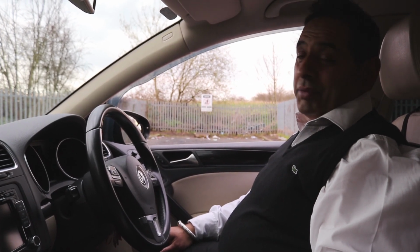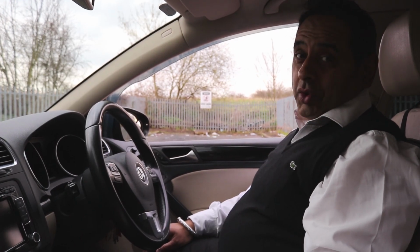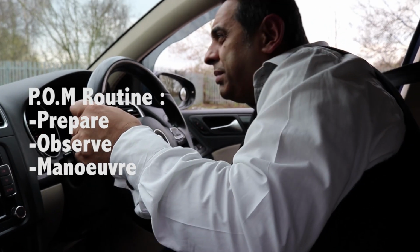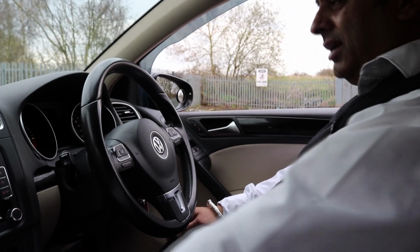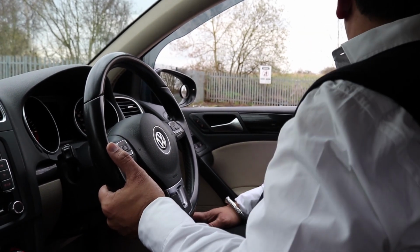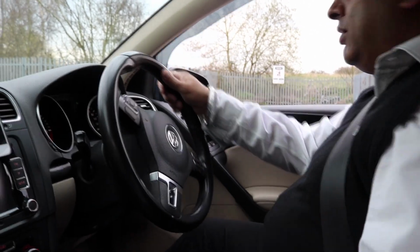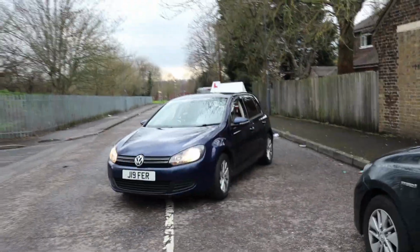So let me take you from the start. As you can see here, we're next to a vehicle. We must do it within 2 car lengths. What we always do is use the POM routine: prepare, observe, maneuver. So for preparation, we clutch down and select first gear. Then observation: make sure everywhere is clear, not forgetting the blind spot. If it's safe to do so, signal if there are any road users around you. As you move off, do another double shoulder check to make sure it's safe, and then pull up alongside the car,